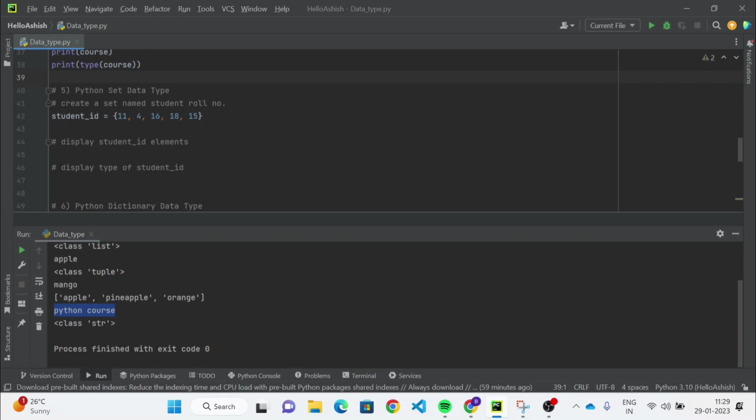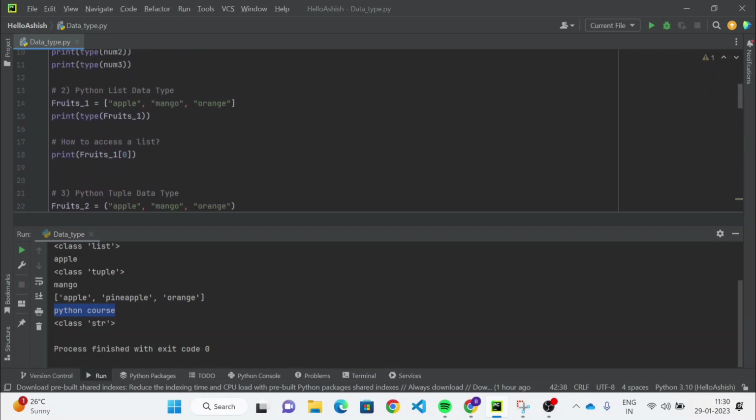So for example, we are defining a set called student ID, or we can say student roll number. So let me change it to roll number. And for storing items within a set, we need to define them within curly brackets. So the difference is list with brackets, tuples.